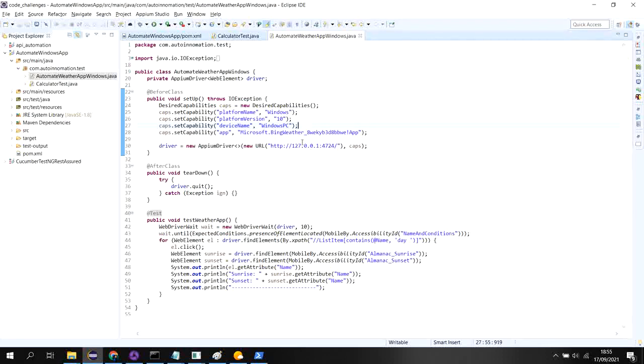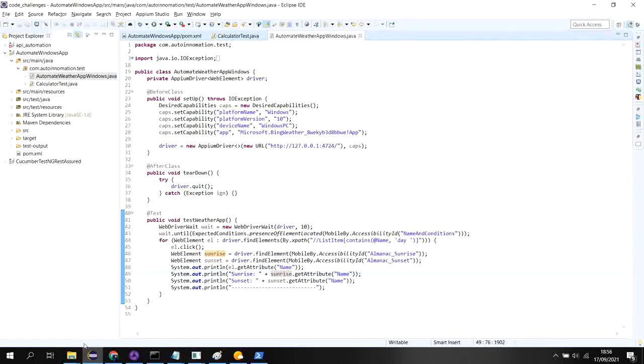Okay, so what I am doing here, I am just taking an XPath. XPath is also working here, so that is the good news. Also, there is a list of items available, so I am taking the list of items based on the name, and that is day. I'll show you how I have identified the elements, and based on that I am printing the details. I am using the accessibility ID during the printing, and also printing the name attribute. Using this accessibility ID, I am getting the elements, and based on that I am printing the details.